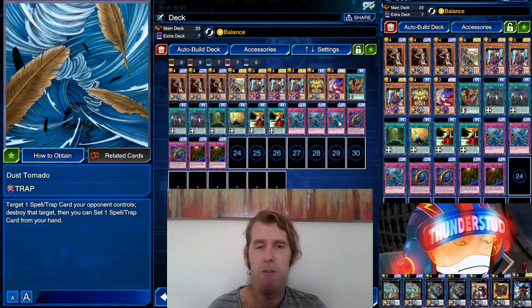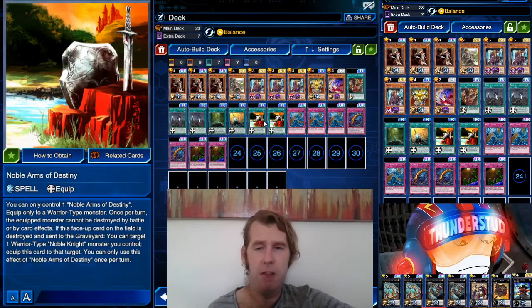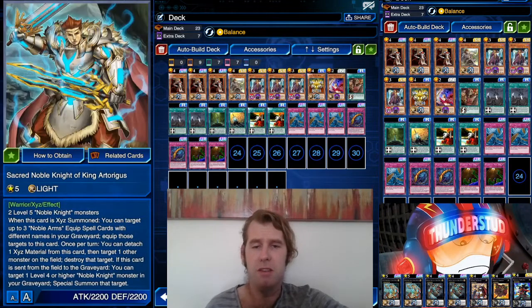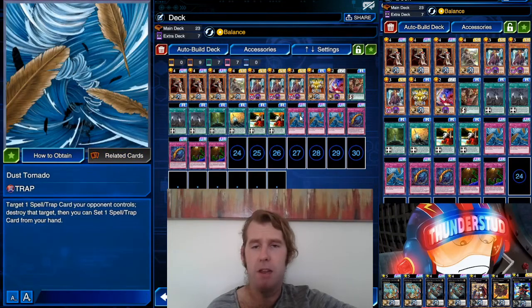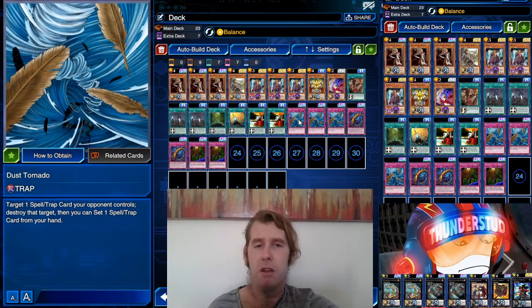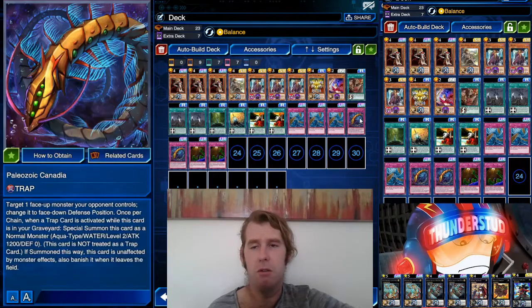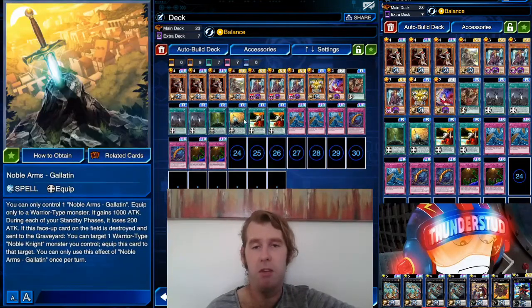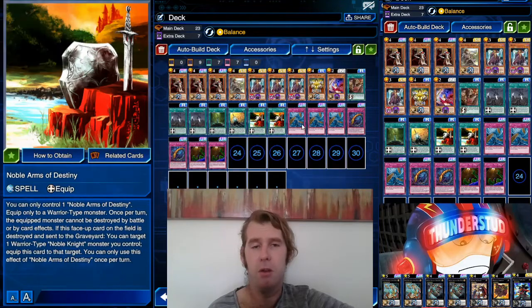Very pleased with how well Dust Tornado does. And it's so efficient with your space, because you're going to be running out of a lot of spell and trap space with all these equips, because your Xyz monsters are going to equip as many as they can. So let's say you have a Dust Tornado and a Canadia. Your opponent sets a spell card. You can destroy it with your Dust Tornado, and then immediately set your Canadia thanks to